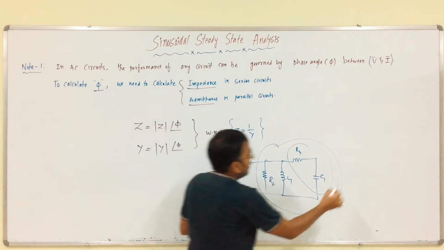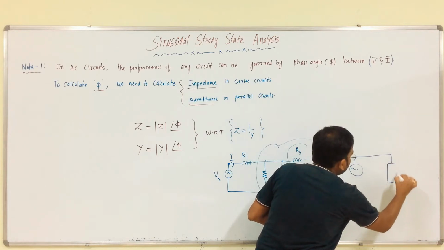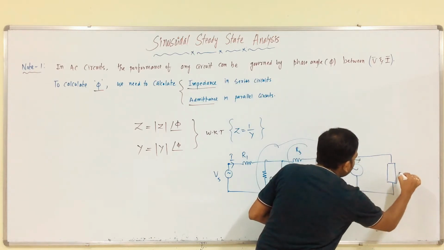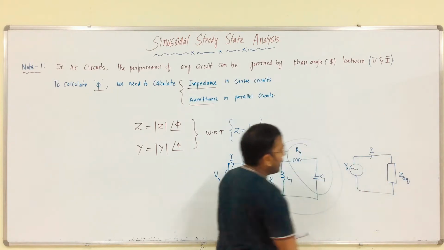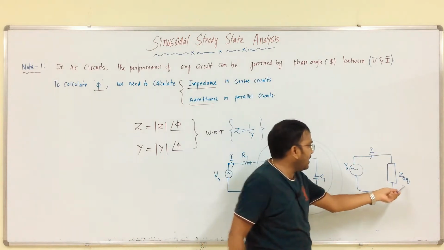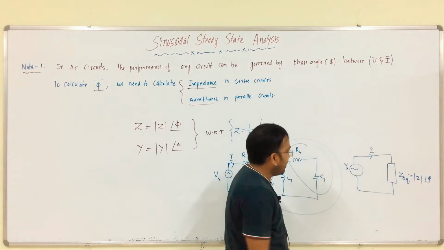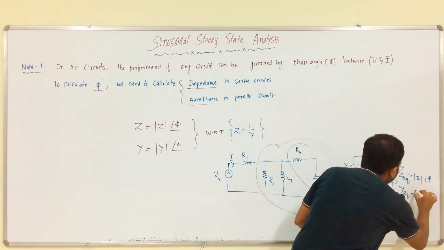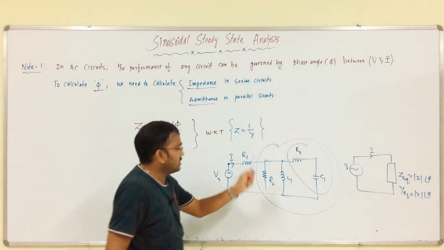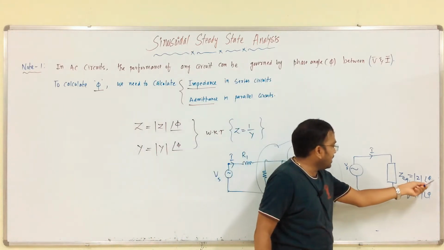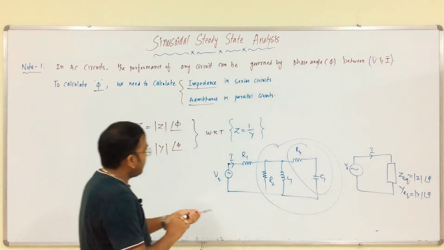You can get the final circuit, what is it? We can get, right, this is the final equivalent impedance, this is the current, this is the supply voltage. Clear, no? So, with respect to this impedance we can calculate the magnitude as well as phase angle, like that Y equivalent, that is magnitude of Y at an angle phi. That is the meaning involved in this. Okay. So, from this we can get the phase angle between voltage and current, that is it. Clear? This is the first note point.